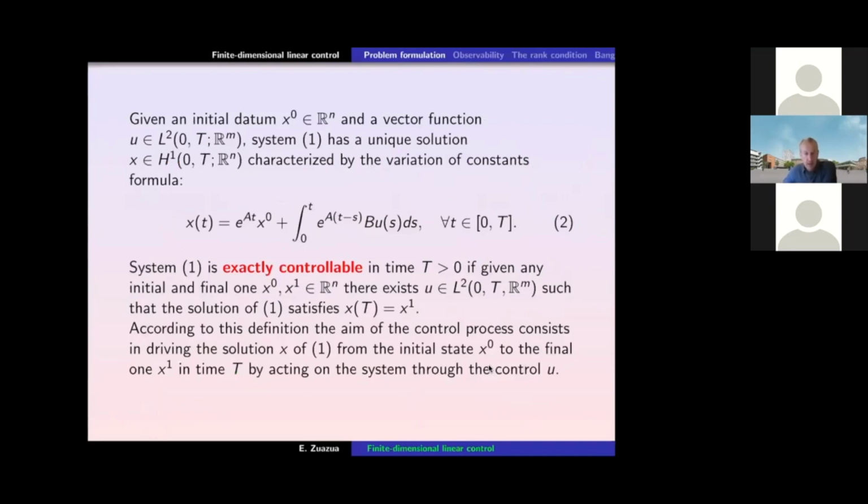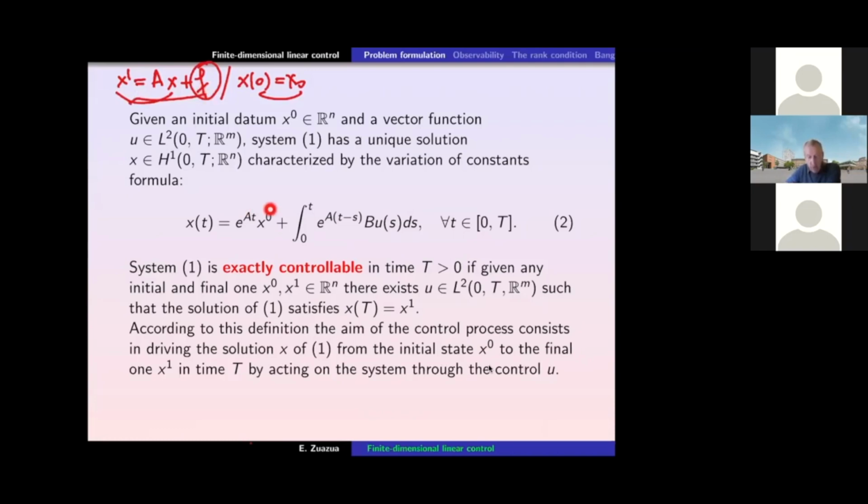And how do we address this problem? It's very natural. We use the variation of constants formula. What does the variation of constants formula say? This is very classical in the theory of ODEs. If you give me this ODE with this initial datum and this applied force, the theory of ODEs says the solution of that system, which of course exists, is smooth and is unique, is given by